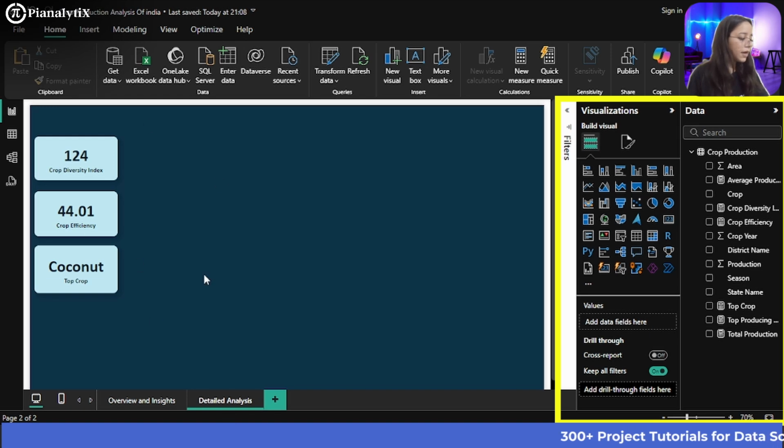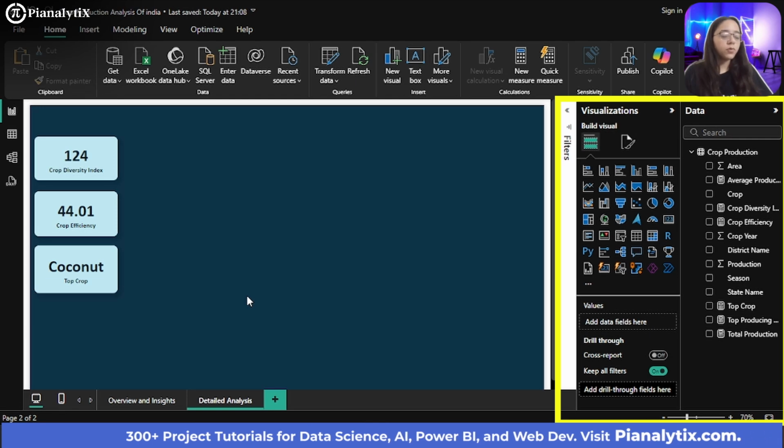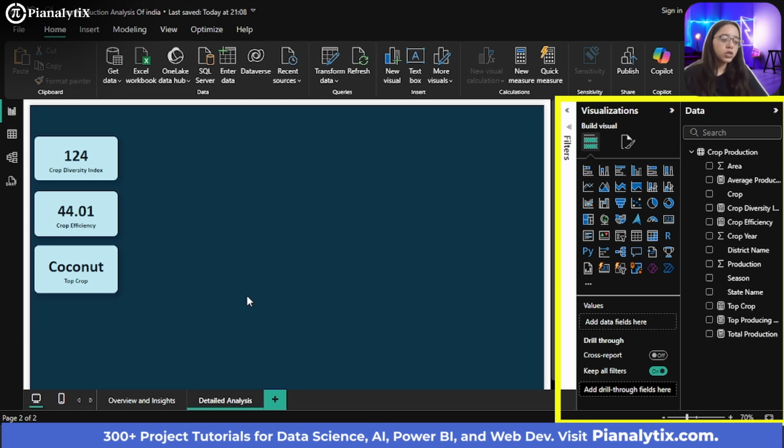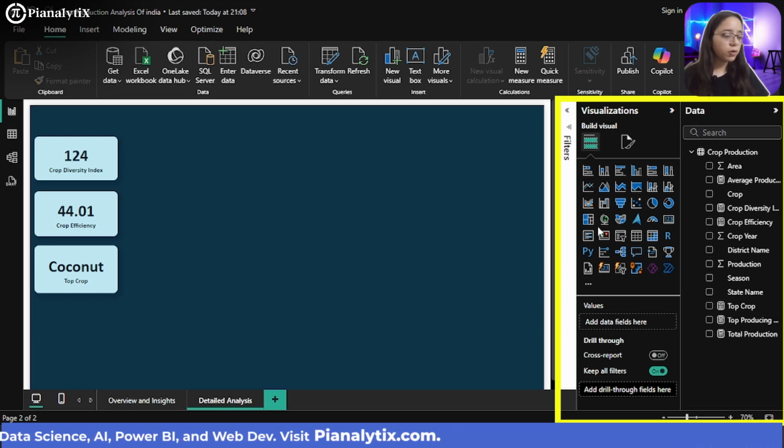Now that I have created the cards in this section, I can start off with my visualizations. First I'm going to create a visualization showing the crop diversity index, or the total number of crops planted in a specific area in each crop year. For that I will create a line chart, because when we are showing trends, for example date entries, we always use a line chart.